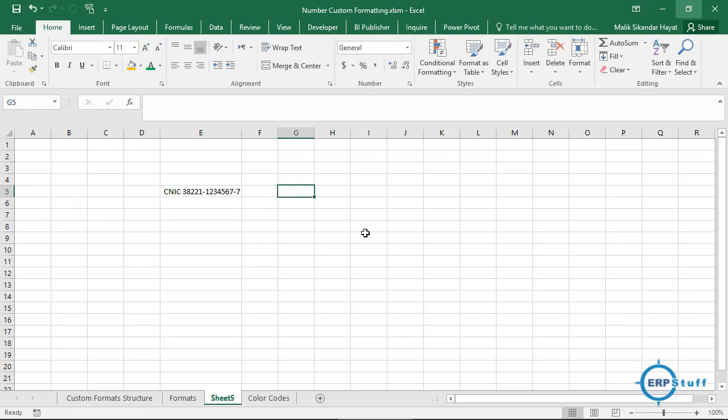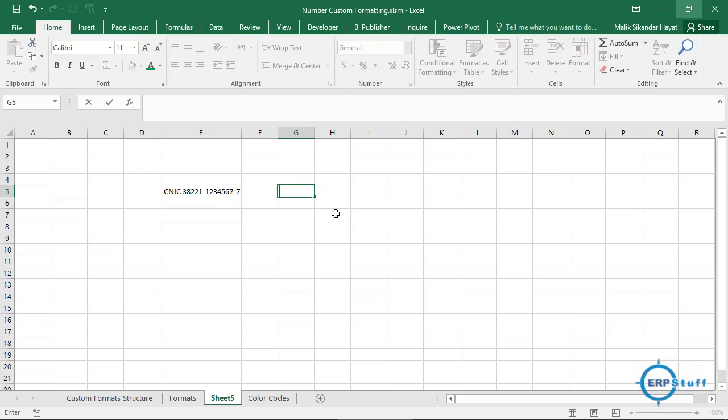Now let me take another example. Say we have some document number, or a CNIC number, or social security number, something like that. If you have to type this number with these dashes, it takes extra time and effort.